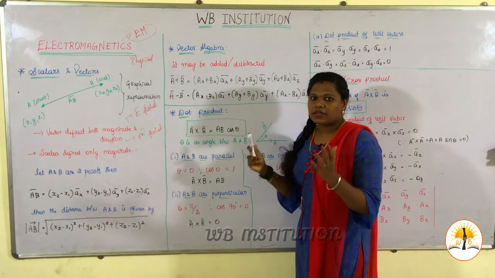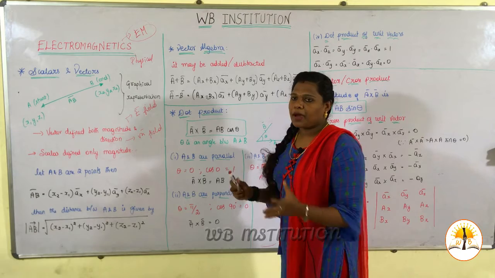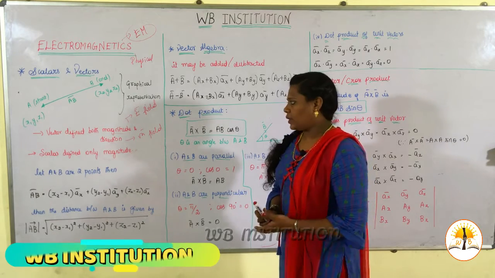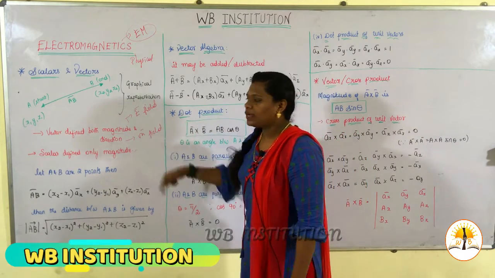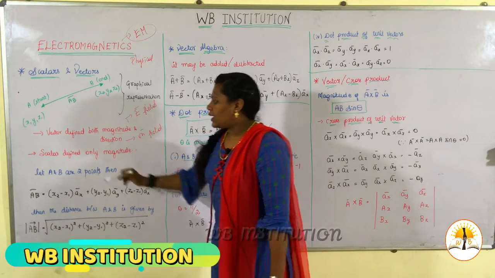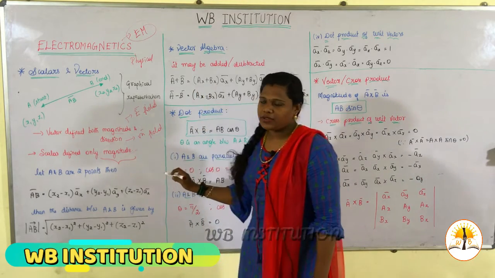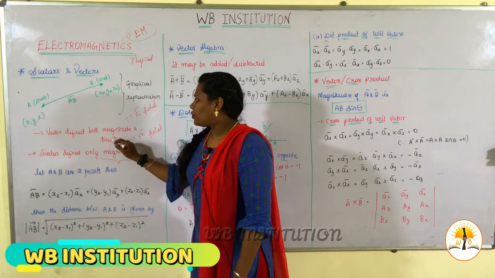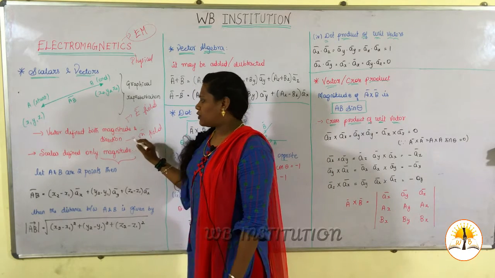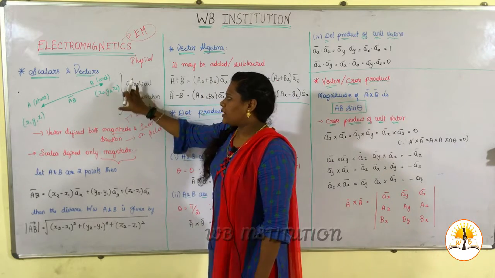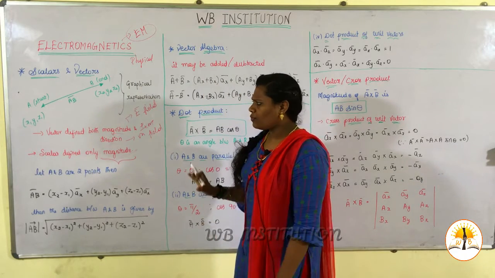In any semiconductor device or in any two charged particles, an electric field is applied, which may be an electric field or a magnetic field. Scalar depends only on magnitude, which is your electric field, and vector is defined for both magnitude and direction, which means it has both E and M. This is the graphical representation of a charged particle.